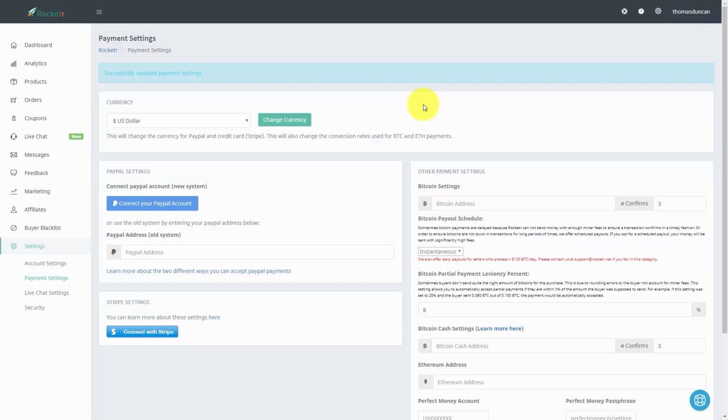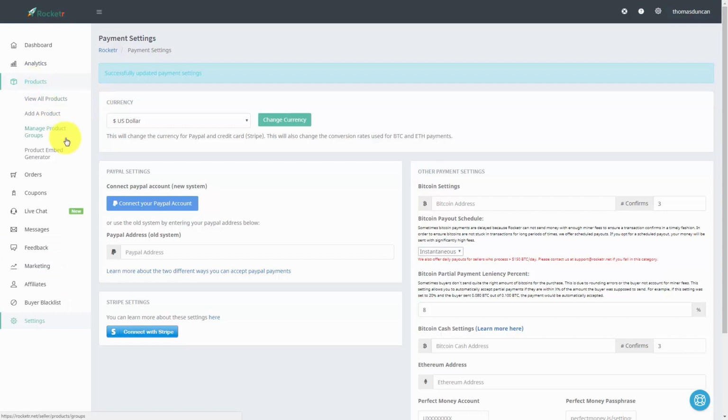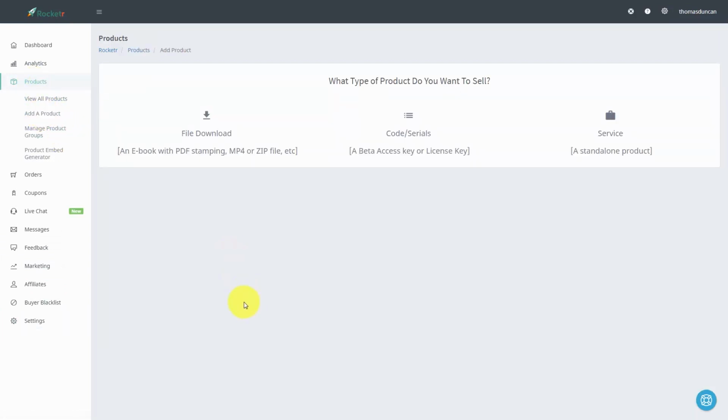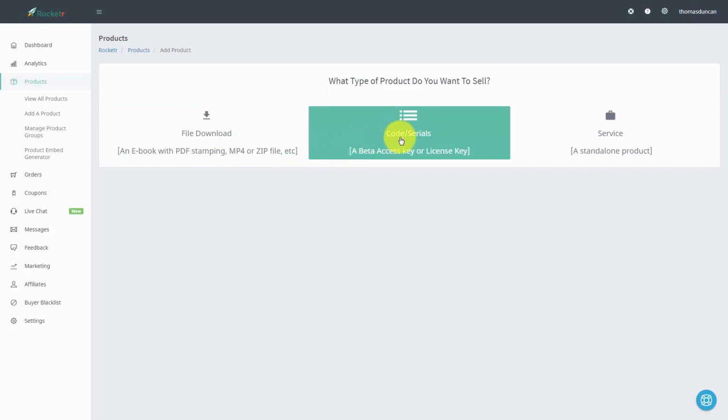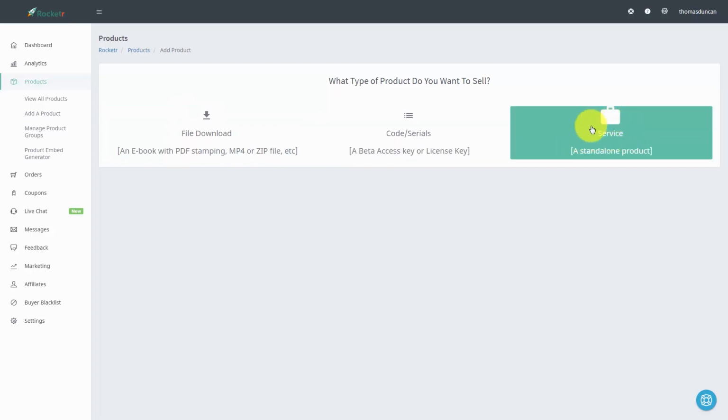Welcome back. Now in this video, we are going to start by creating a product inside of Rocketer. So to do that, we're going to go to the products link, and then we're going to click Add a Product. Now once we come to the Add a Product screen, we can add a product in several different ways. We can do a file download, we can add a serial or a code, or we can add in a